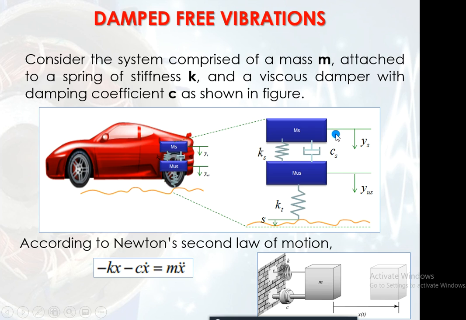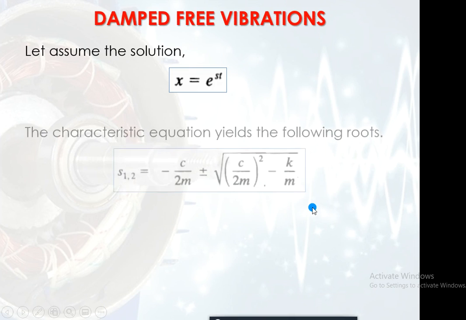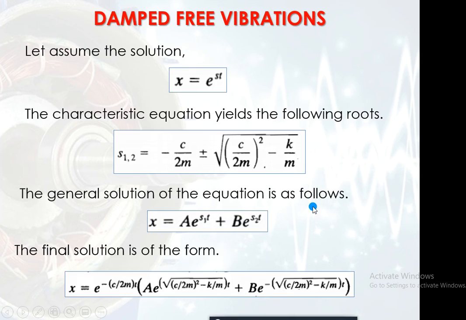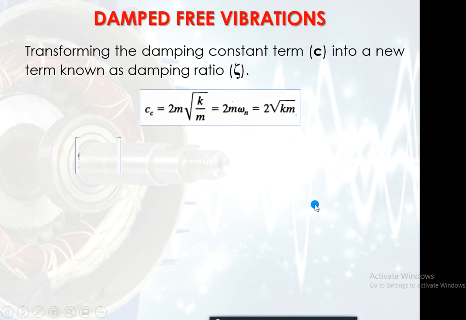And if this system of sprung mass is displaced from the initial position ys, then the unsprung mass will also move with a different amplitude depending upon the situation. So these were the derived expressions we have already discussed in the class. In the previous classes, one of the